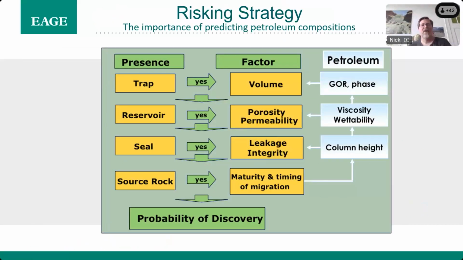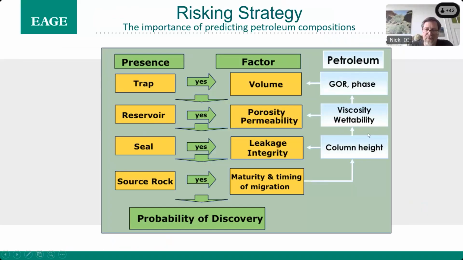Okay, I would like to start with this slide. Predicting petroleum composition actually pervades the whole of the risking strategy. Clearly the presence and properties of source rock, seal, reservoir, and trap are important geological controls, but density or viscosity and wettability of phase state are important chemical controls, petroleum property controls that actually define the extent of leakage or the producibility or the charge volume